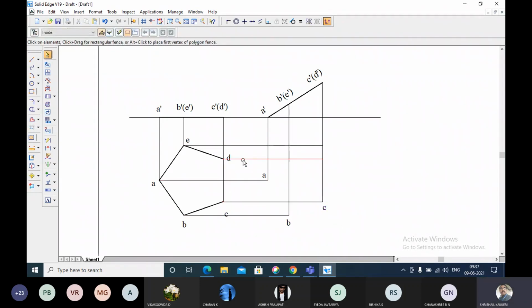And similarly, project a line from D from the front and top views. So this is the point. So I'm going to copy this and keep here. And project a line from E and project a line from E here. So this extra line I am going to remove, and this is the position of point E.